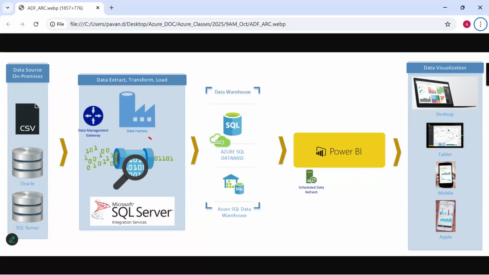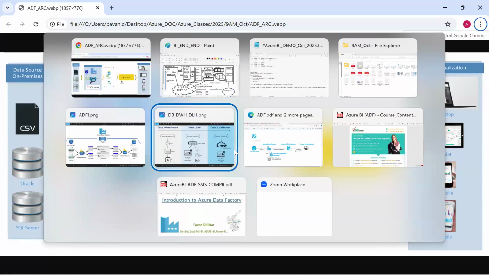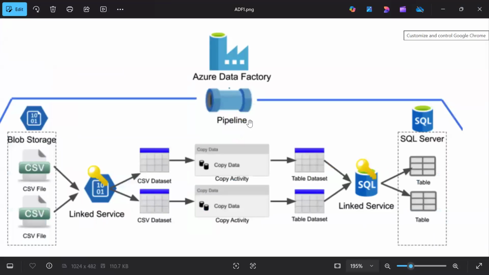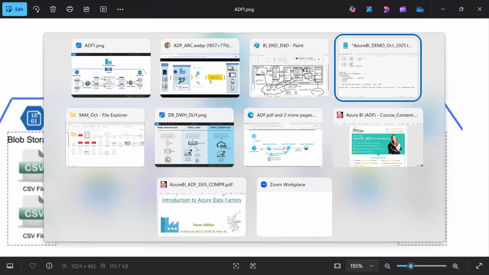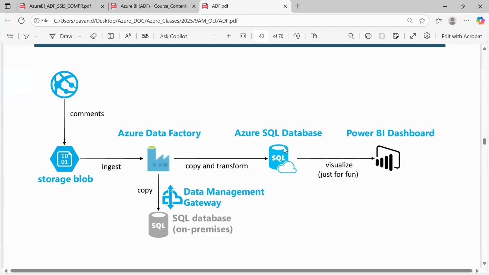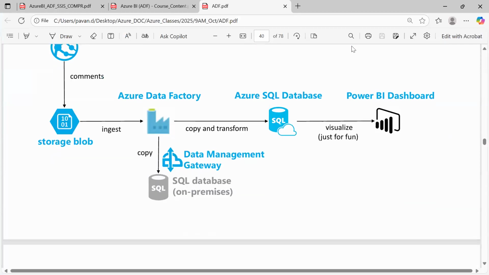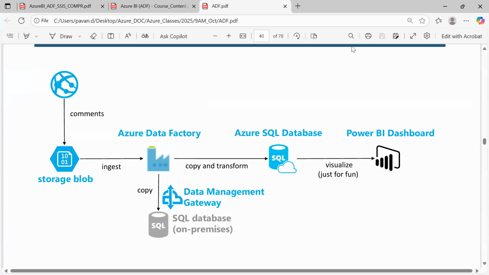When you go inside this component, inside this picture, what you will see is the inside of your data factory. Inside your data factory, what we need to understand are the connections, the datasets, the activities. But before going to this, what exactly is my requirement? This is one of the case studies, guys. I just added a case study here. We will do this case study. What is this case study actually?